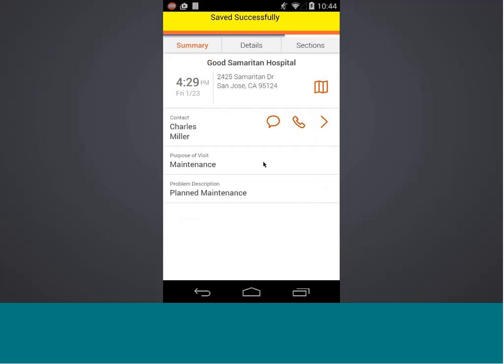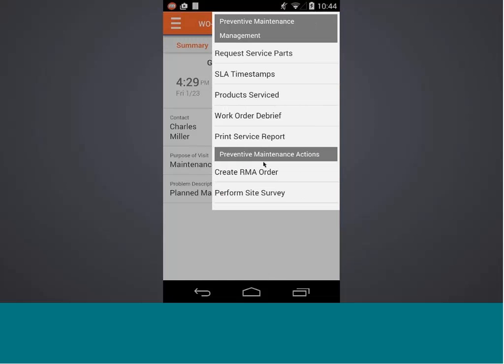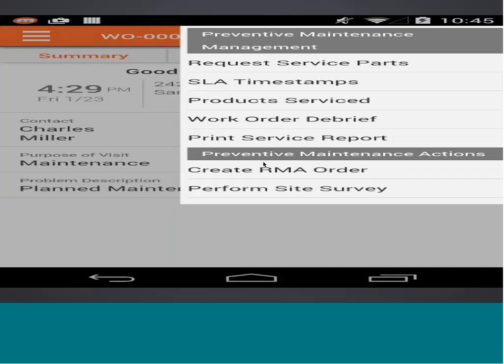And it saves successfully. I can do pretty much everything, well, most of the things that I can do, I should say, because I don't want to oversell it. But the things that I can do on my iPad or my Android tablet, I can do on my iPhone or my Android phone. So I can do things like print service reports and capture signatures,